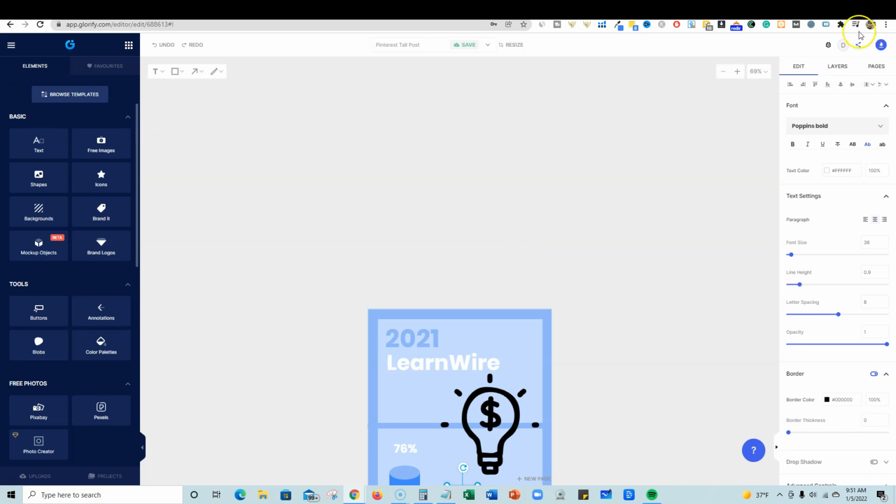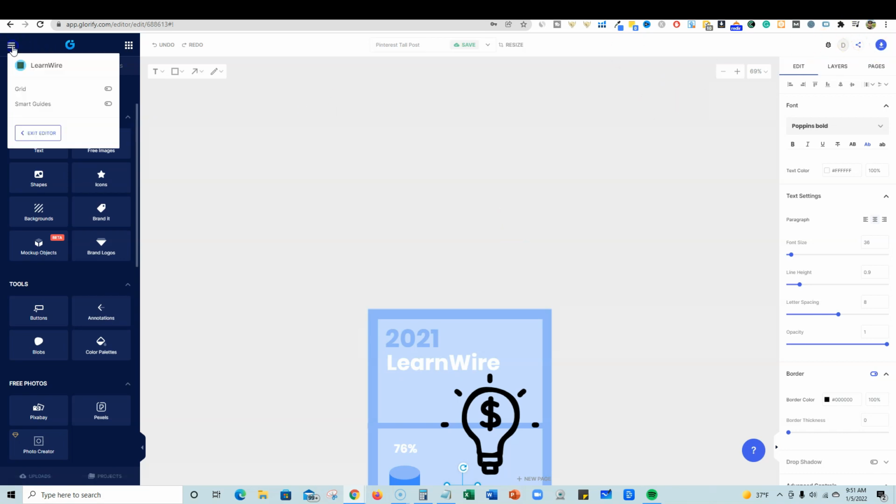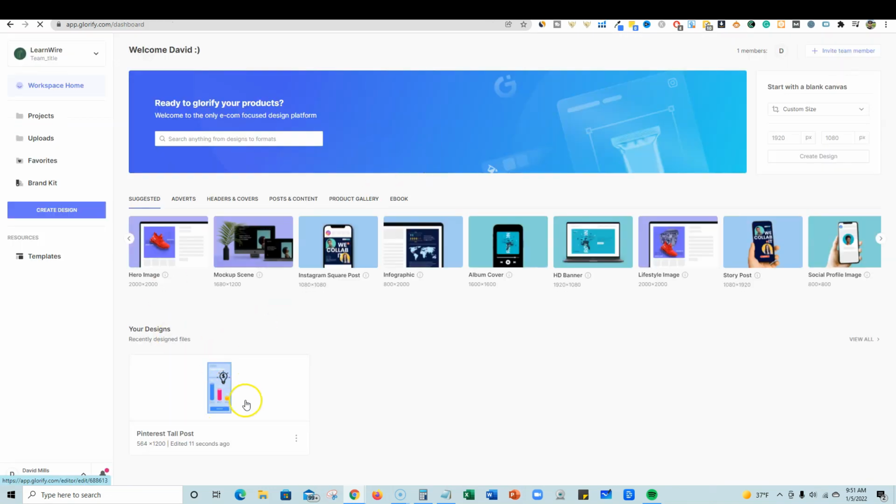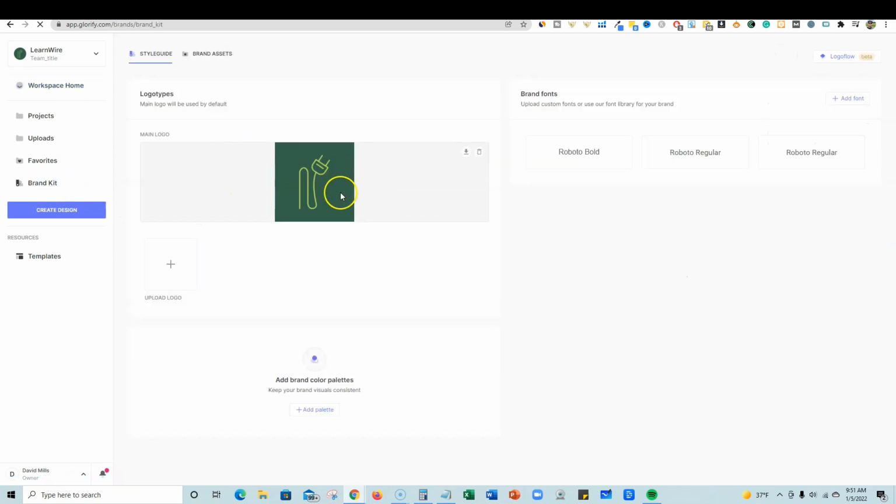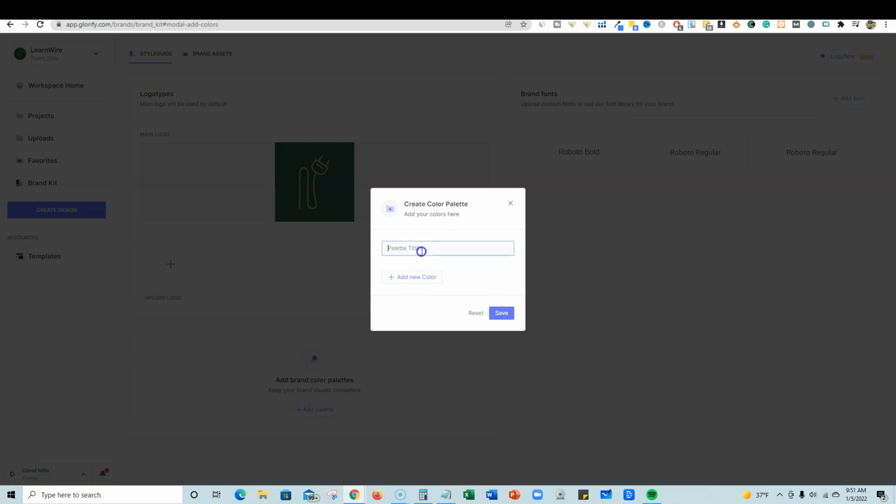Let's go check out some more stuff inside the tool. So I'm going to click right there, exit editor, and it automatically saves that. We can come back into that and check it out. I'm going to go into brand kit. So we have our main logo right here. You can upload, you could add brand color palettes right here. So we can actually come in here and just say,